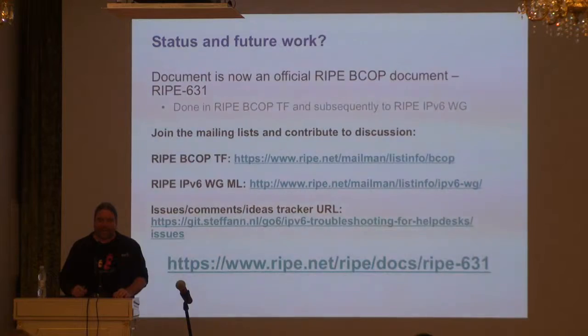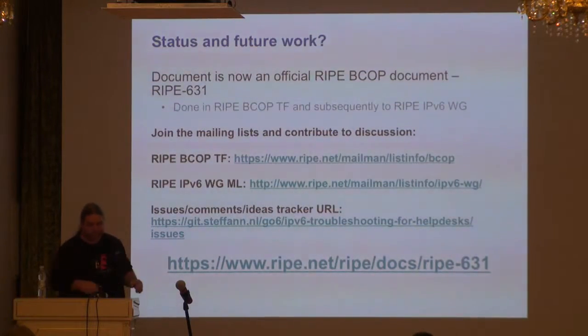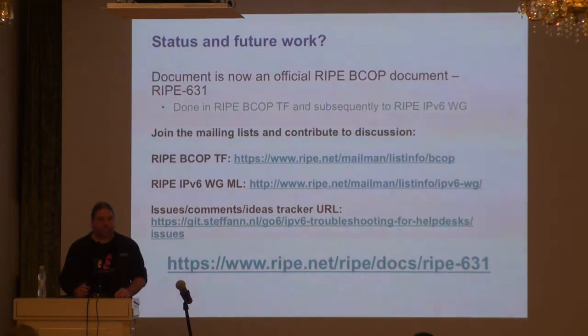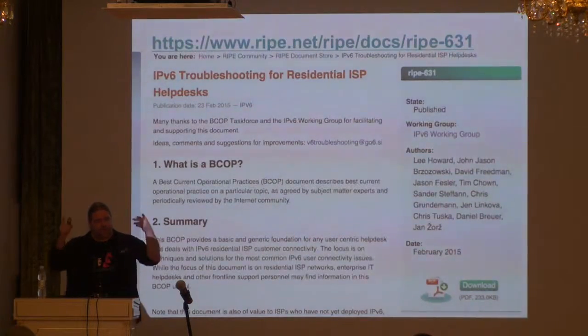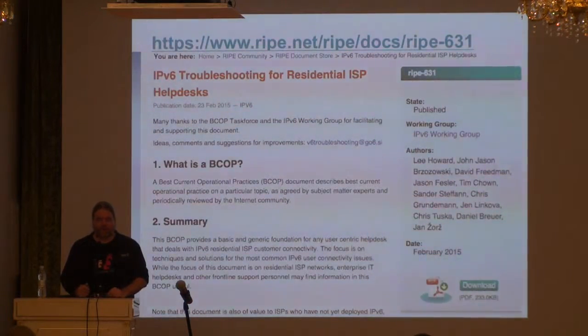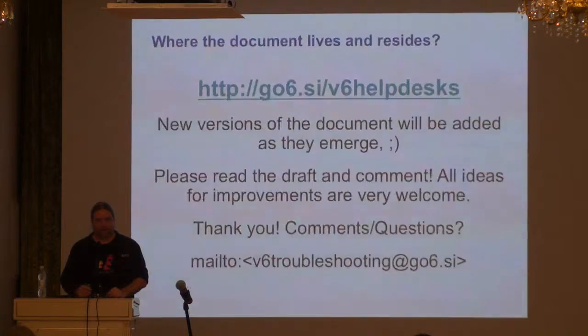Okay, thank you. So now the document is an official RIPE BCOP document. It's called RIPE 631. Again, it's free, it's yours, use it. You can find it on Google. There is also a link from the RIPE NCC website. If you want to contribute to the development of best current operational practices, join the mailing list and contribute to the discussion, or even better, start your own document of best current operational practices. I've still got 1 minute, right? There is just a screenshot of the document, but you will probably find it yourself.